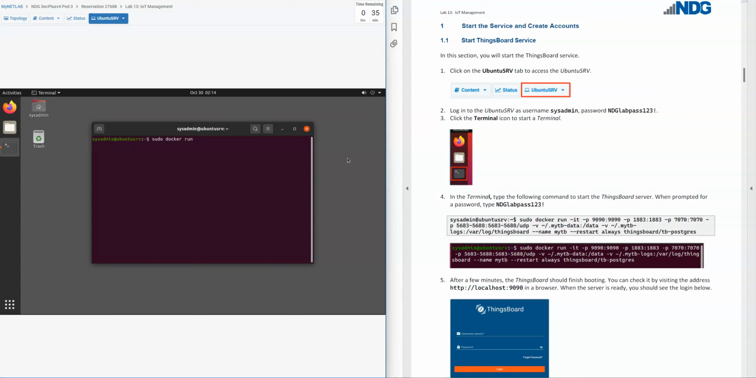So sudo docker run -it -it -p 9090:9090 -p 1883:1883 -p 7070:7070 again, -p 5683-5688:5683-5688/udp